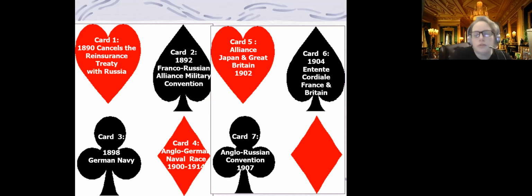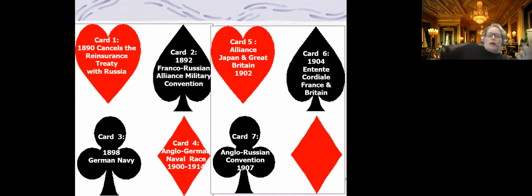And then 3 years later, the English take another step. Under Edward the Seventh, the English make an alliance with Russia, a military convention. And quite frankly, at this point, Kaiser decides that his uncle Edward, who's the king of Great Britain, hates him and is in a conspiracy against him. He's a little bit paranoid. But problem is he's kind of out to get everybody else, and they sort of recognize it.